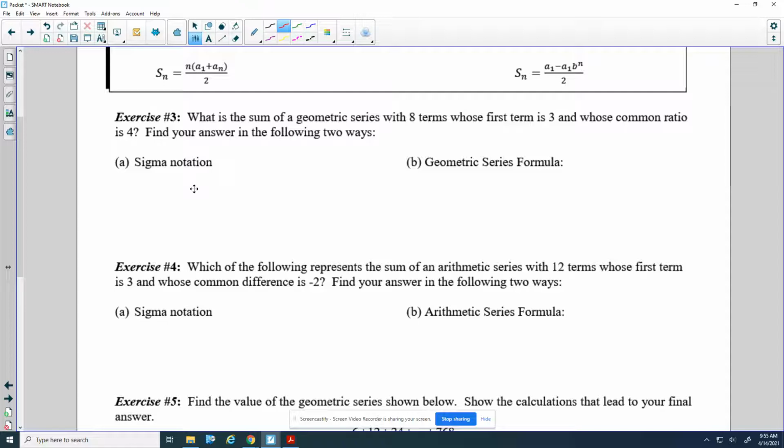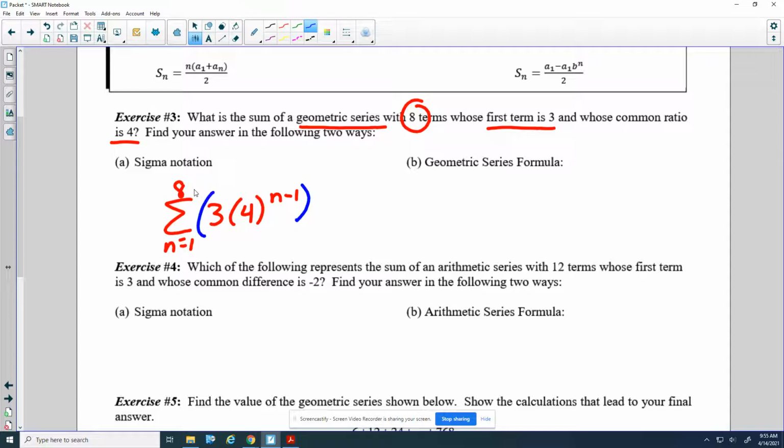Okay, so with sigma notation, we have a geometric series, 8 terms. First term is 3, and the common ratio is 4. So writing our sigma notation, I'm actually going to start here. Since I know there's 8 terms, we're adding up the first to the 8th term. We are starting with a 3, multiplying by 4 to the n minus 1. So that's my explicit formula that I put next to my sigma notation. If I type that in my calculator, I would get